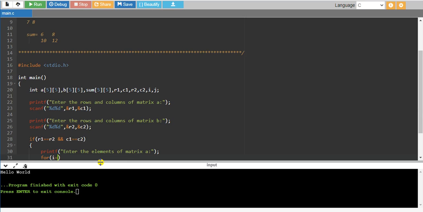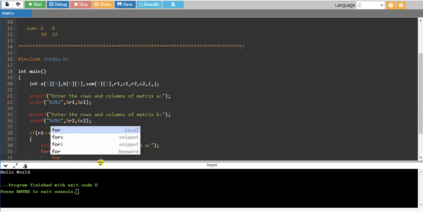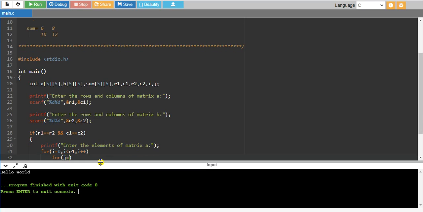I'll begin with 0, as the array begins with the 0th index. So for i equal to 0, i less than r1, i plus plus. After that, one more for loop, the j loop: for j equal to 0, j less than c1, j plus plus, right?